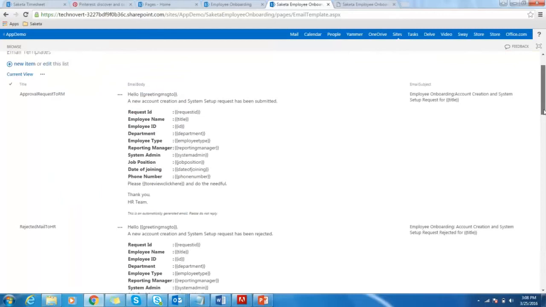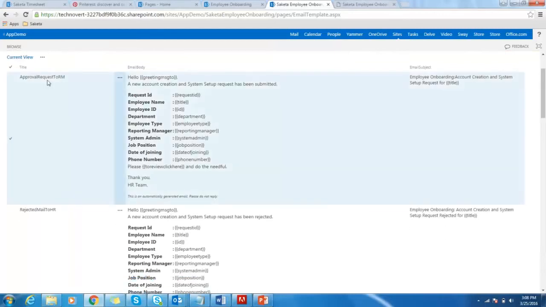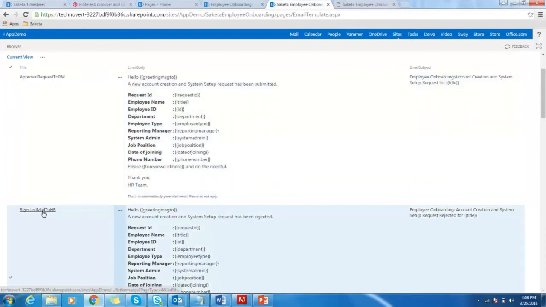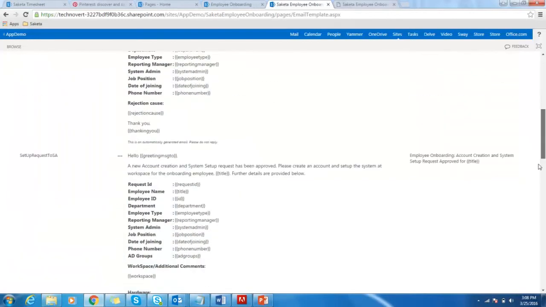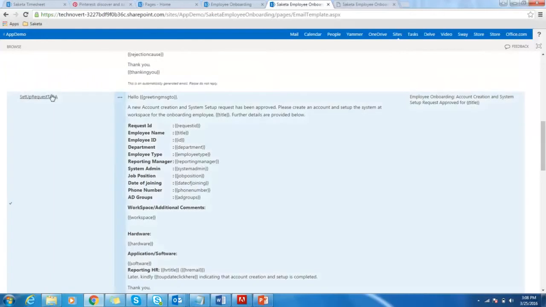So there are mails for various scenarios here. So this is a mail, for instance, for the resource manager requesting him to approve a request for a system to be assigned or a laptop to be assigned. This is a mail to the HR where the manager has essentially rejected that particular request that was sent earlier. And this is a mail to the system administrator to set up the systems and to ensure that everything is set up from the administrator point of view.